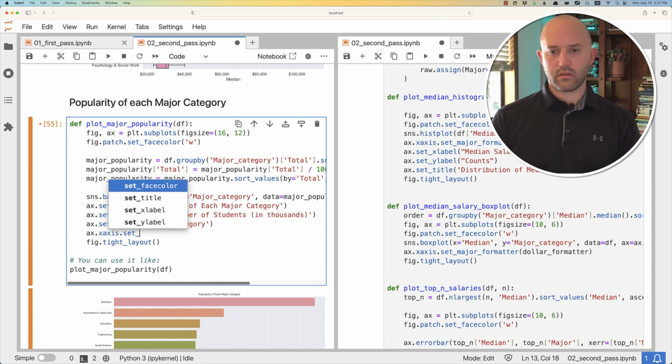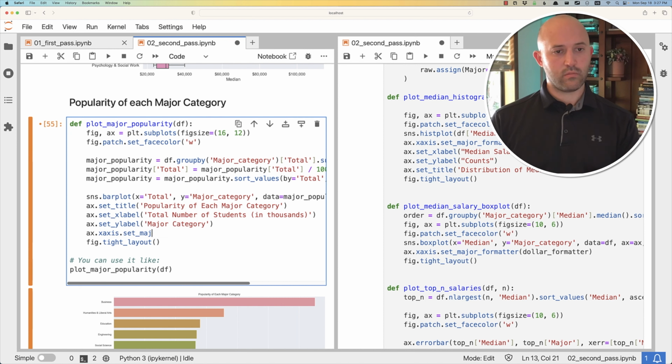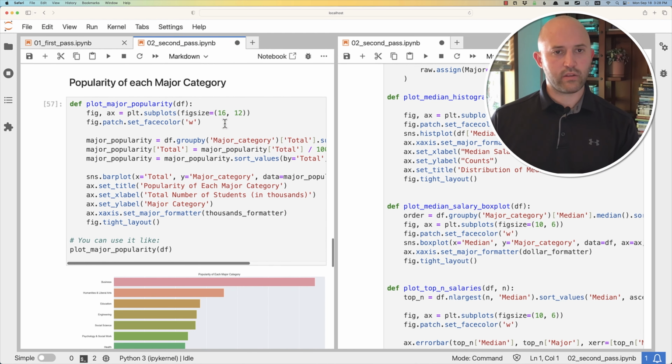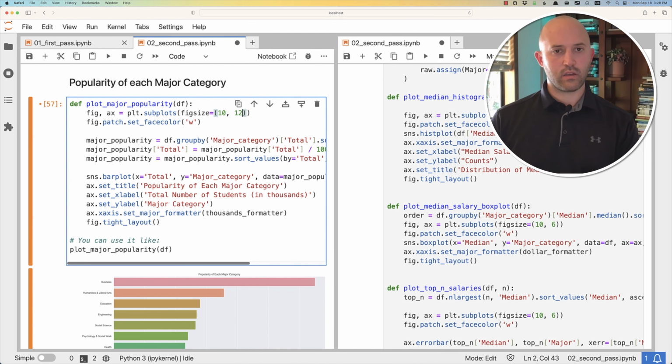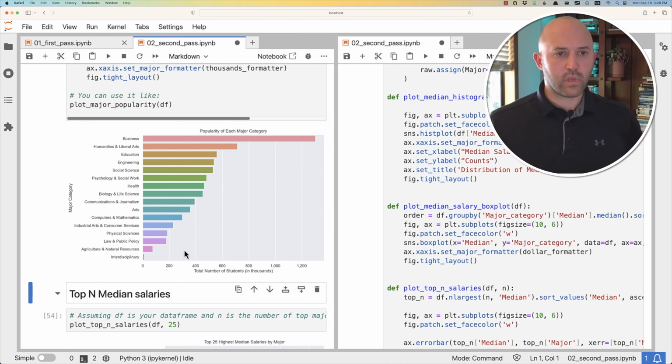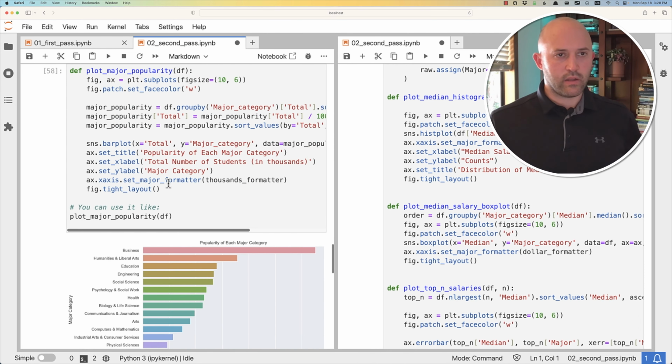Set major thousands formatter. Okay, that looks good. Now this is way too big, so I'm going to do this again. 10, 6. All right. So now this is